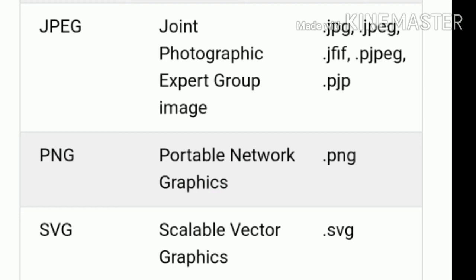Use the HTML width and height attributes or the CSS width and height properties to define the size of the image. Use the CSS float property to let the image float to the left or right of particular images.